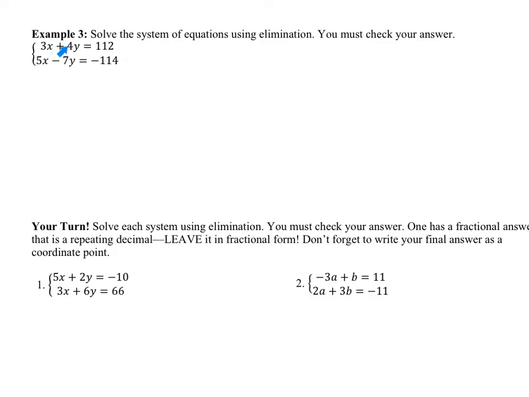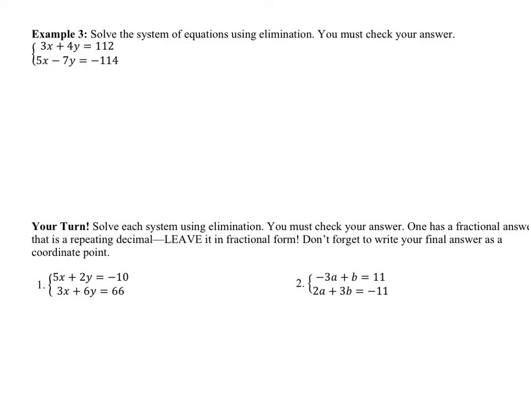What can I multiply 4 by to get 7? It's another fraction. Well, what can I multiply 7 by to get 4? Another fraction. So what that means is there's no way to solve this system by multiplying just one of the equations by something. We're going to have to multiply both of the equations by something in order to get those